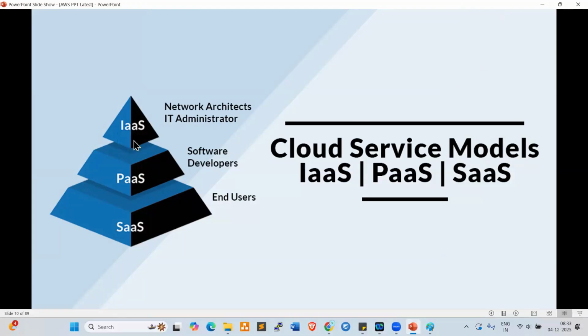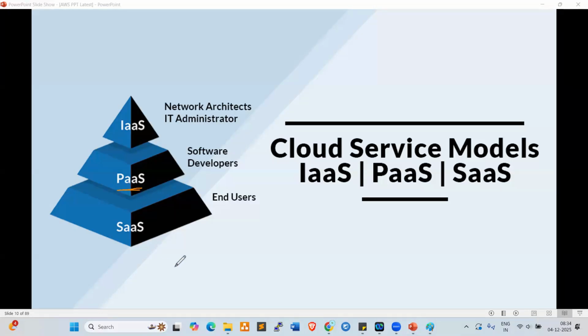Infrastructure as a service. We create the infrastructure. On top of the infrastructure, we can deploy Kubernetes, right? For example, I want to deploy an application, any application, a Tomcat application or JBoss application or any digital application like Flipkart. If you want to deploy any application, we require a server. We can create the server, and on top of that we can deploy the application, which is nothing but IaaS, infrastructure as a service, right? Second one, PaaS, platform as a service.